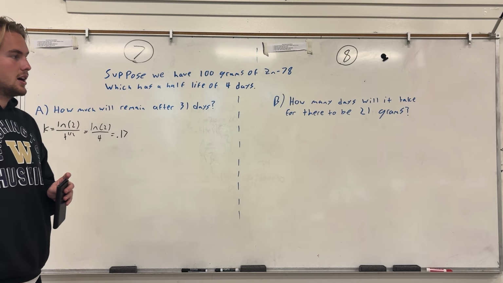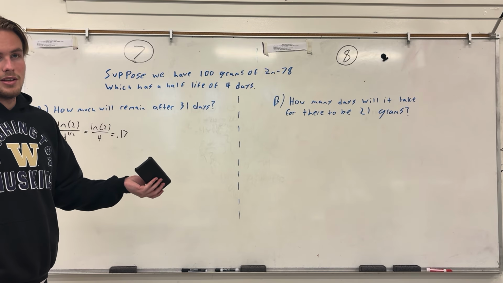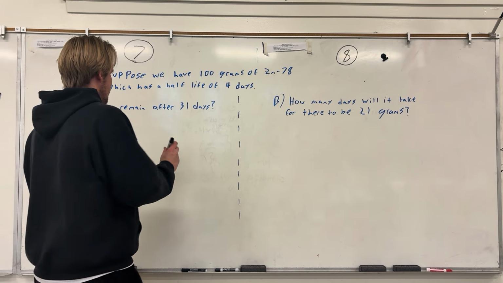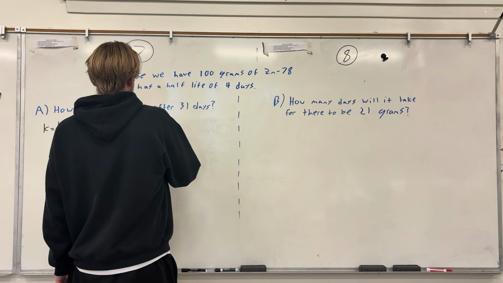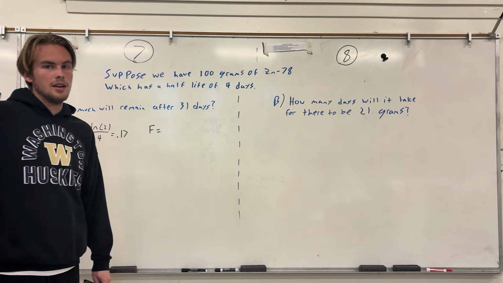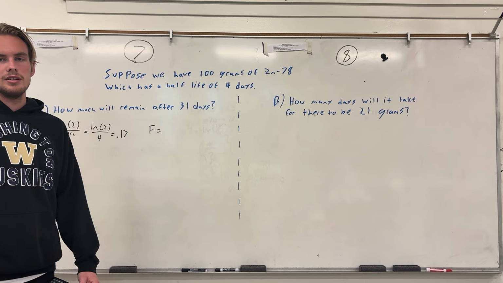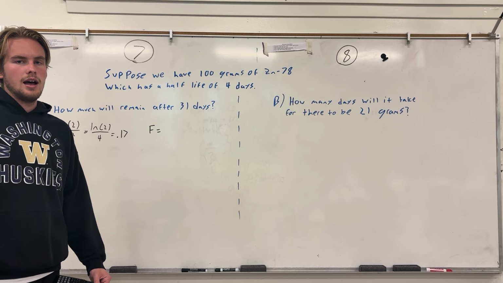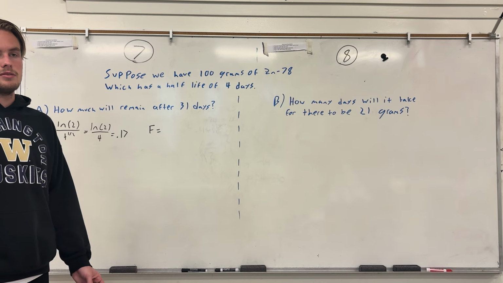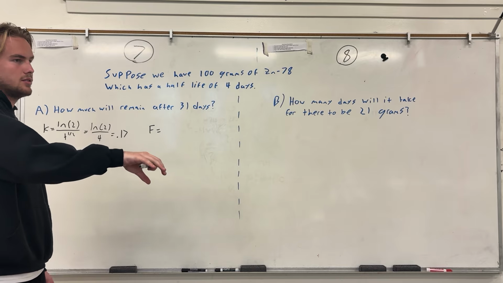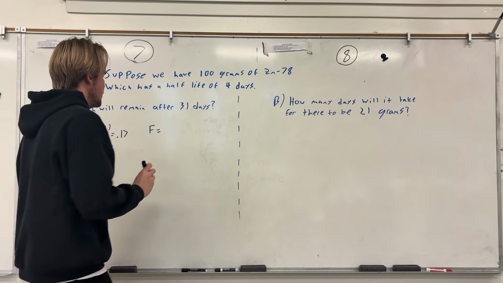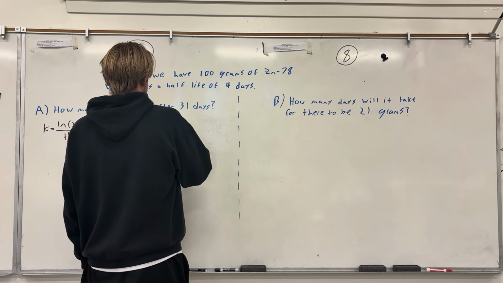So now I'll give you guys the rest of the formula. So the final, I'm using the letters F and I again. You can use whatever letters you want. If you look it up on the internet, it's going to give you different letters. I just use F and I because it kind of reminds me of, okay, this is final, this is initial. So F, the final, equals the initial